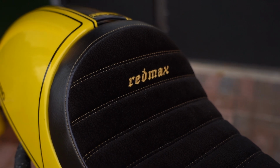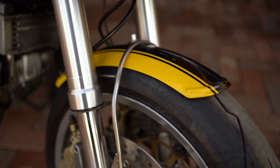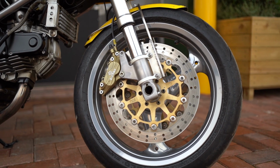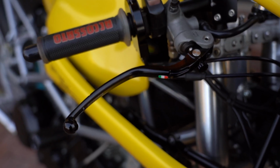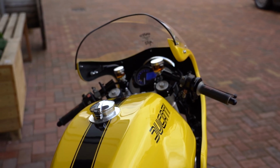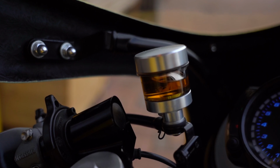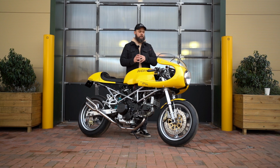At the front end, you've got a custom front mudguard that's been painted to match the rest of the bike, and it also has its own bespoke bracket, which is really neatly done. Now you still get the Brembo brake calipers at the front and the upside down forks, but there are new Accossato master cylinders which should improve the feel a little bit, and they give you some more adjustability. You've also got some Rizoma reservoirs for the front brake and the clutch. They really help bring a premium feel to the cockpit, and then also braided brake hoses, so some little upgrades there